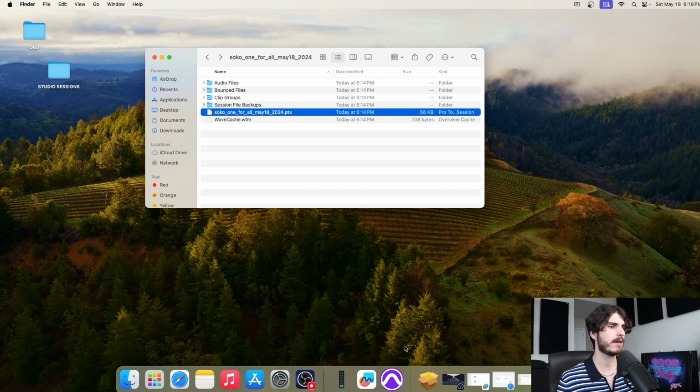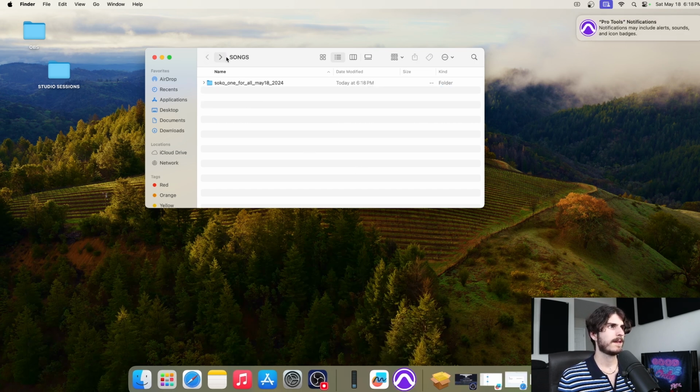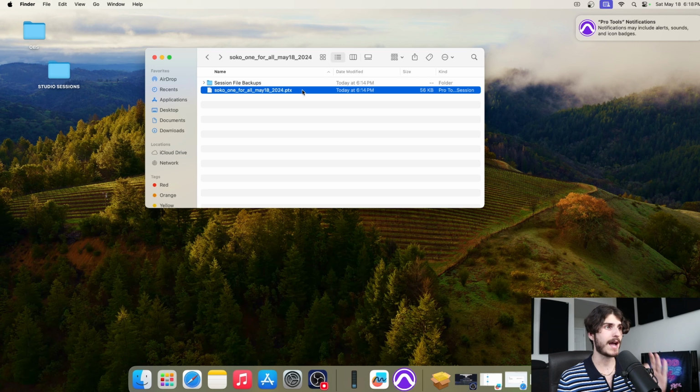So let me actually show you how that looks. So let's close out Pro Tools real quick. Okay. All the other folders disappeared because we had nothing within the session, but don't worry about that. I just want to show you what happens when you click on the actual